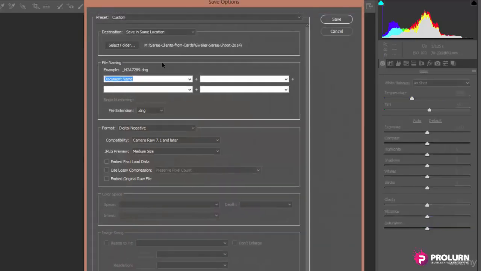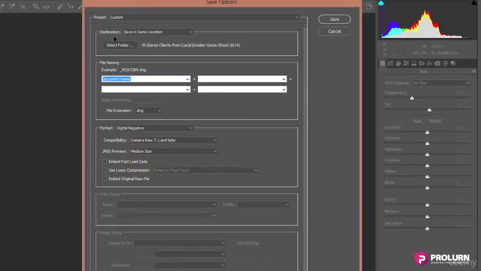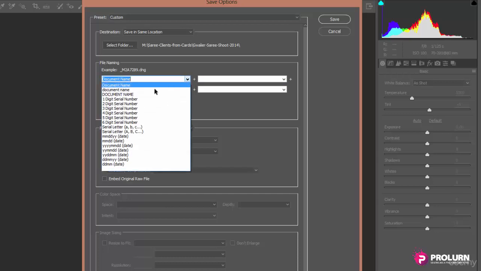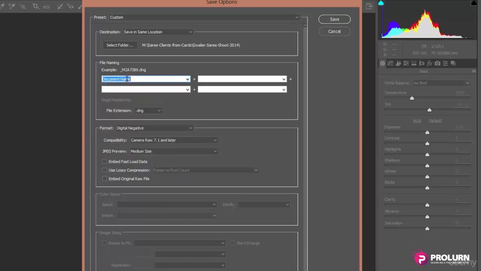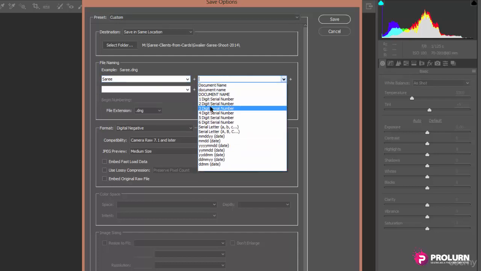When you save this image, you have options. These are the options about naming that file, which we had seen previously, that we can name this file with a particular naming system, which is convenient for you to organize your files. So I can say document name, and I can say sari to this file, because it is sari shooting, and now I can choose to get